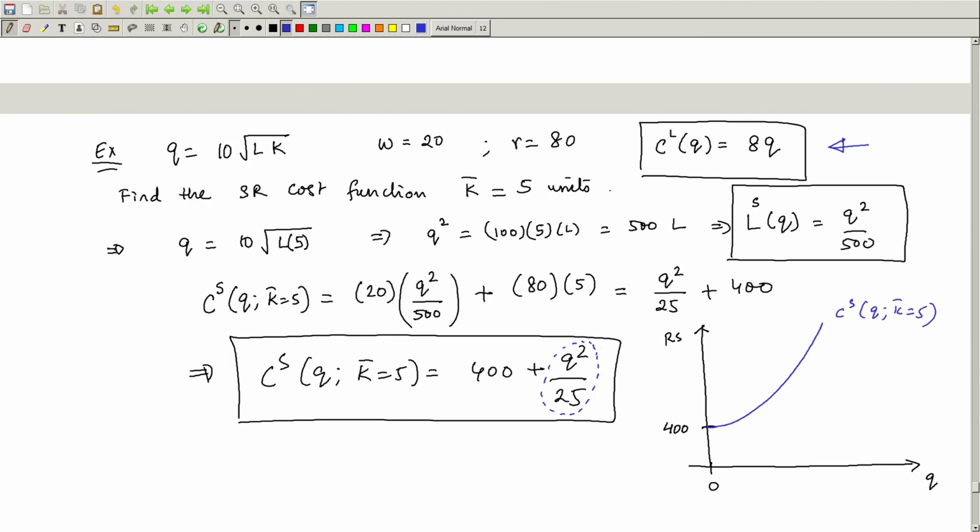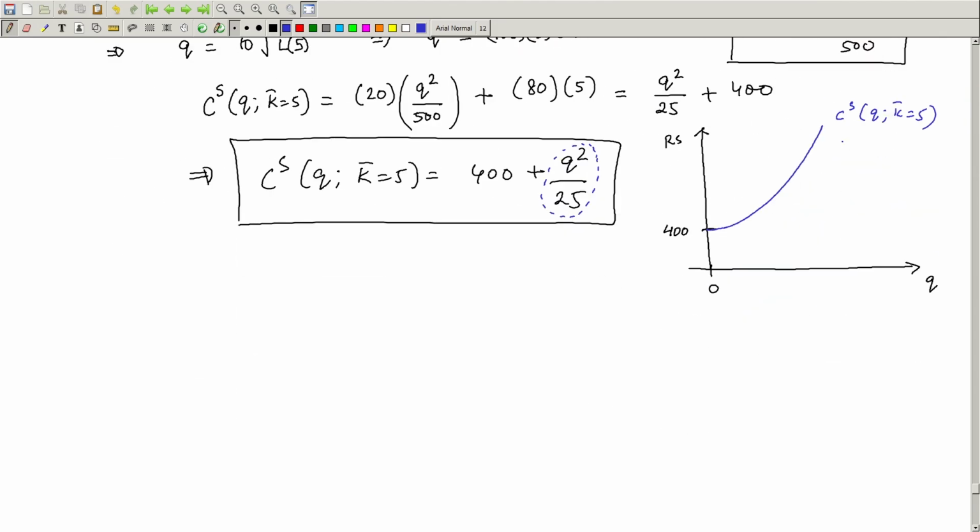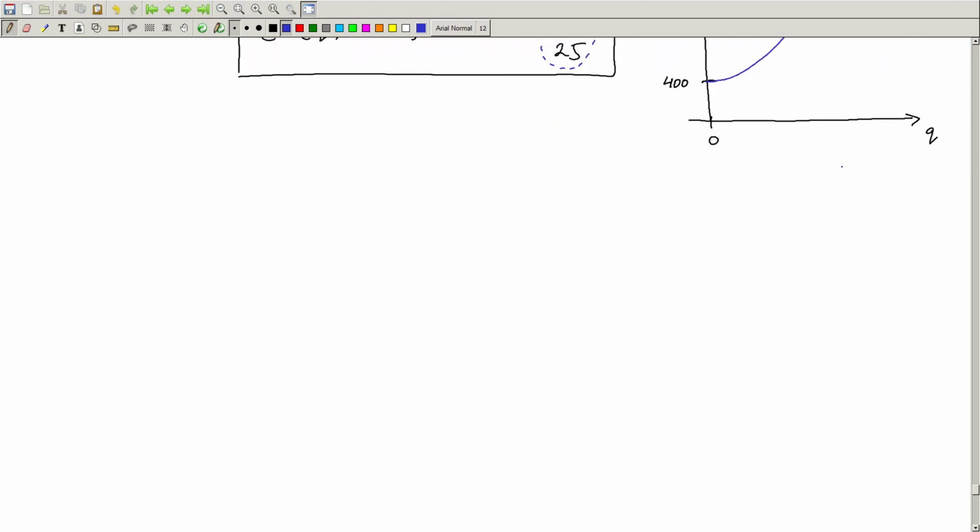Then we have repeated the exercise in the short run where the amount of capital was fixed. Capital was fixed at k bar is equal to 5, and then we used the isoquant to determine the amount of labor. Once I had that, we used WL plus RK to figure out what the short run cost function was. In this case, the short run cost function is non-linear, which is q square upon 25 plus 400. And we have said that the cost in the short run is generally greater than the cost in the long run, which leaves us with a question: